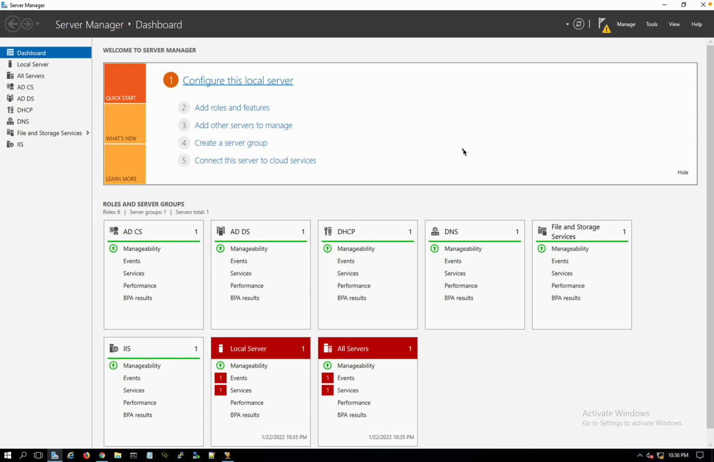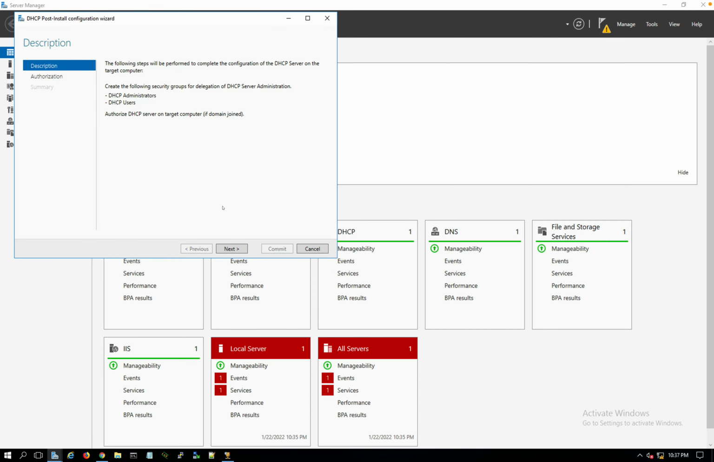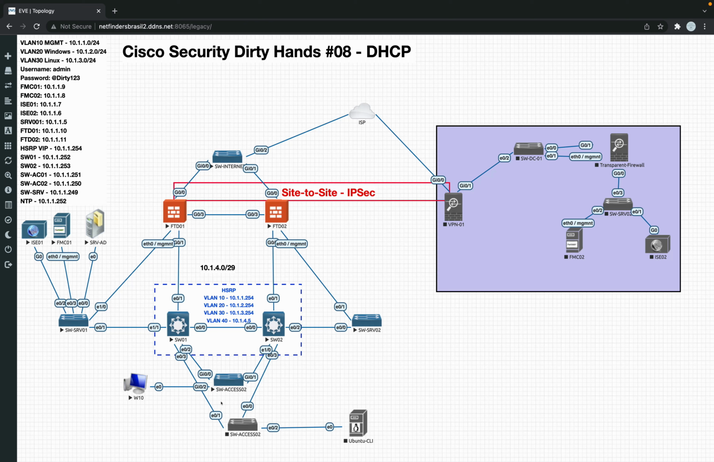Here we go, guys, following up with our lab. Today it should be a short video just regarding the DHCP. So basically we will need DHCP for the devices, right? For this device here. So we need this device to get DHCP, and we are gonna use the Windows Server